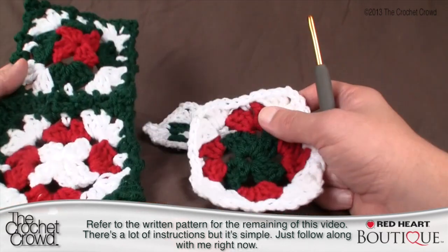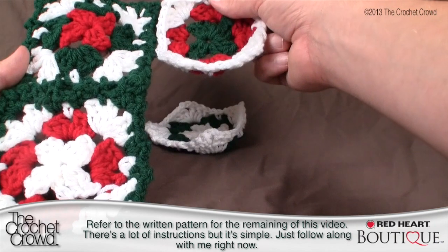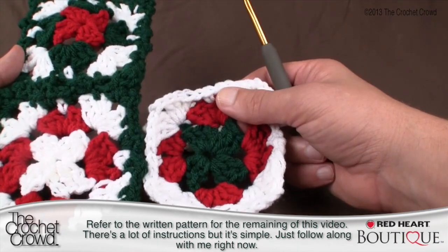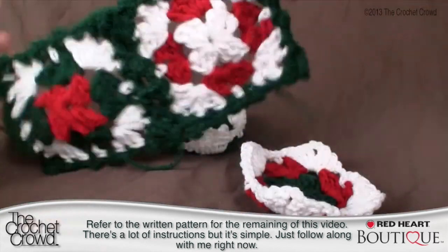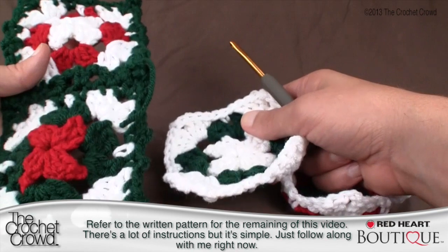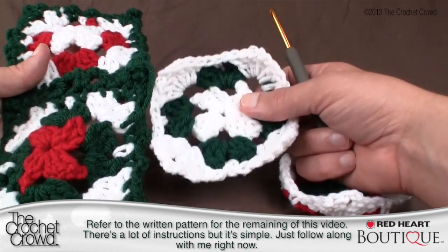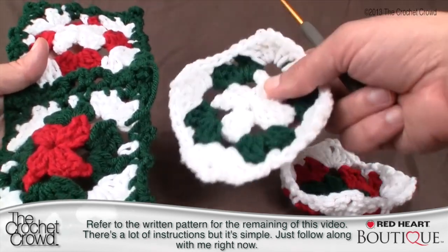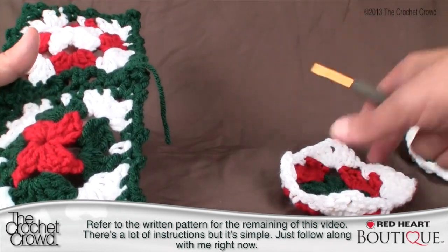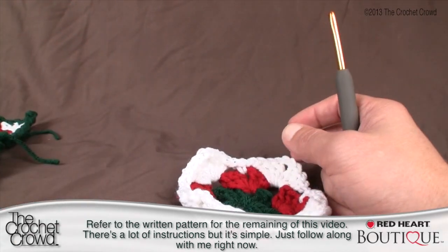And I'm ready for the next square, and you have to make sure that whatever square you're attaching it to makes sense. So for example, I want these to be opposite to each other, so this is the next one going in, and it doesn't really matter which way you're facing it at this point, so it could be this one. That's basically a choice that's up to you. So just grab one that you want to attach, and it doesn't really matter at this point which one you start with, as long as it's the one that you want permanently into position at that point. So I'm going to grab the green here, and that's going to be my next point, and let's grab our color